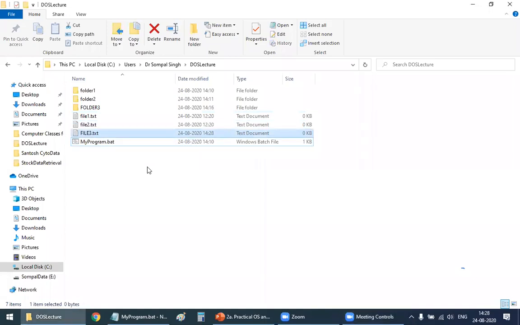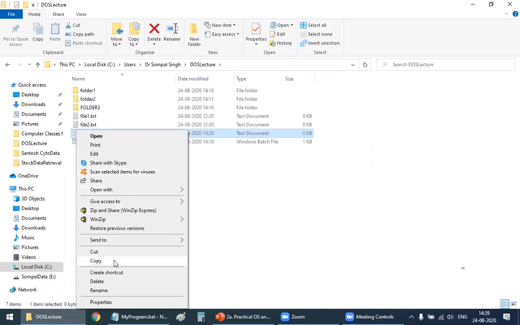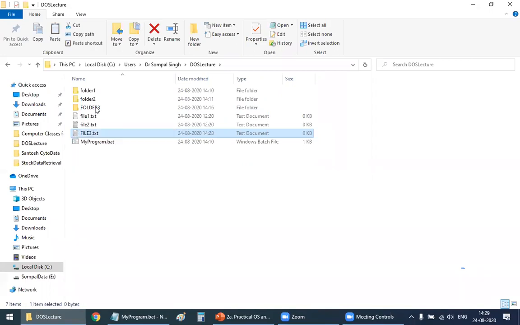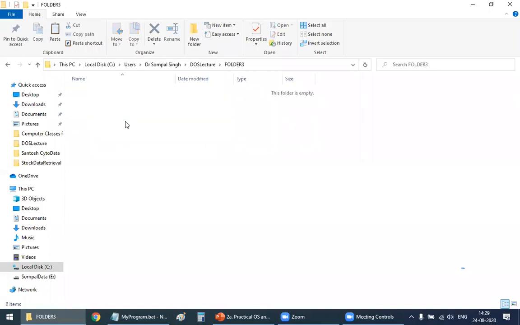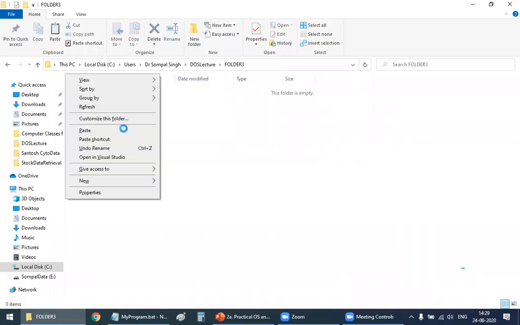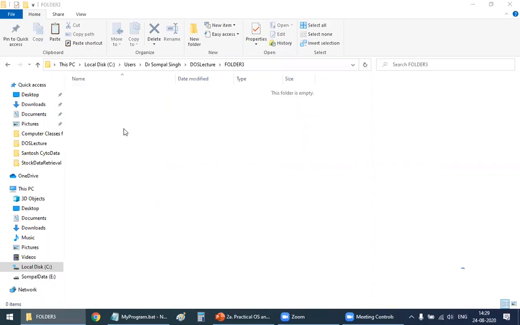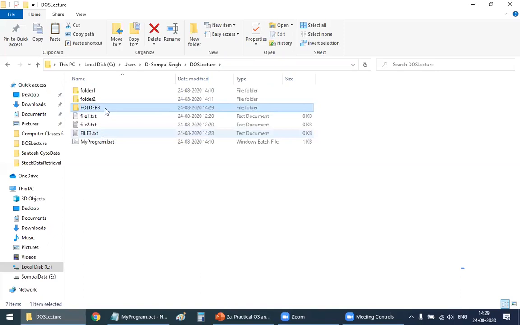Let us say I want to copy this file 3 to inside folder 3. So I right click on this file, then I click on copy, I double click folder 3, I right click in folder 3 and paste my file there. So this is file 3 inside folder 3. So we have copied file 3 from here inside folder 3.